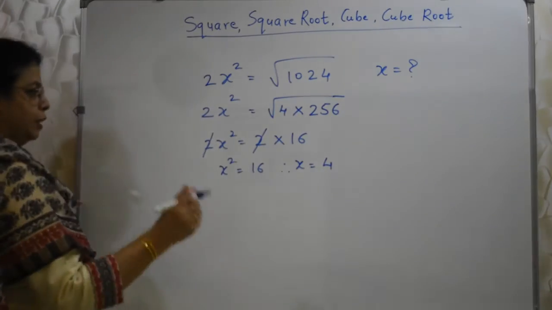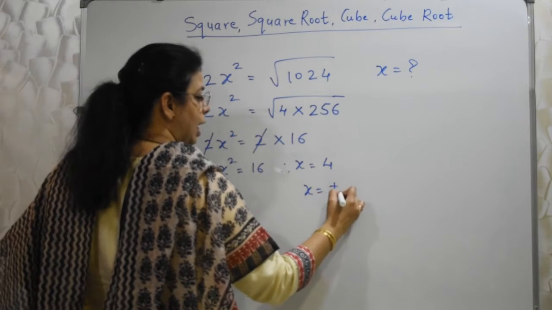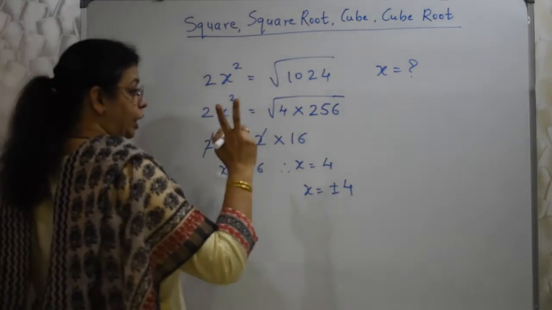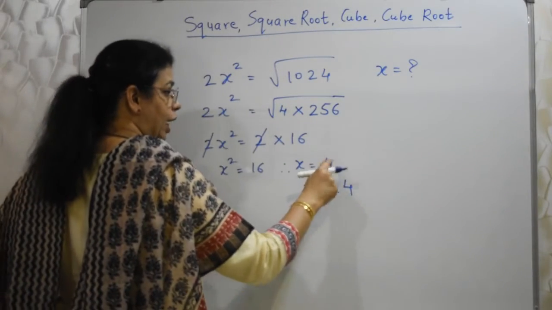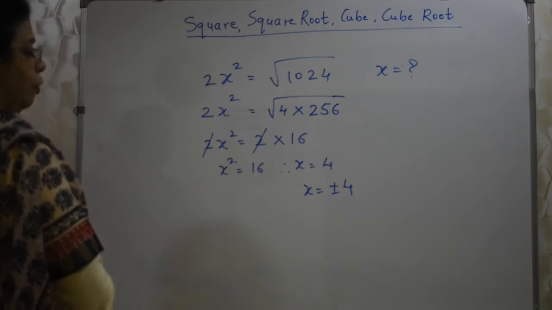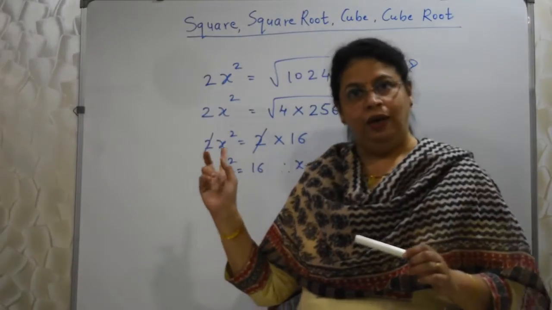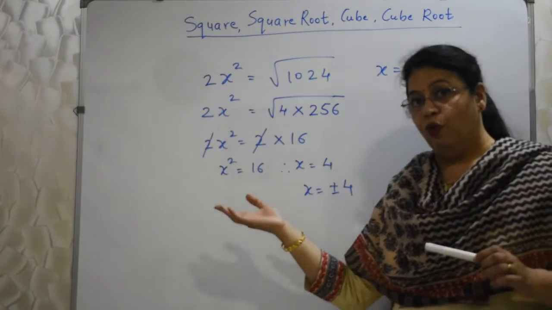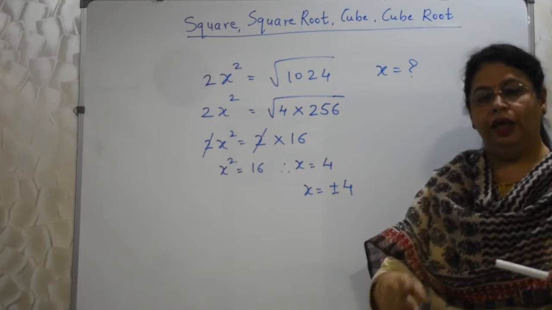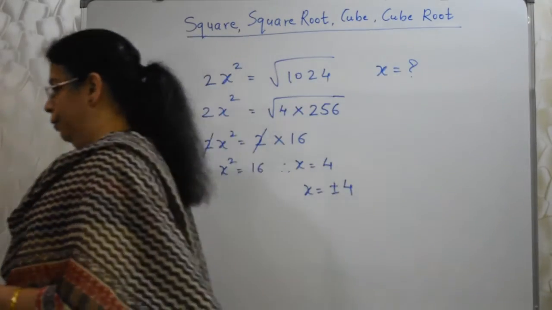Here students, please be a little careful. They may give options as plus and minus 4. Or "choose any two correct options", में एक 4 रहेगा, एक minus 4 रहेगा. You are supposed to choose both. Okay, you need to be very, very attentive. You look at all the options. If only 4 is given, then 4. If minus 4 and plus 4 are given and they are saying choose two correct alternatives, then you are supposed to choose both. Okay students? Okay, let's go ahead.